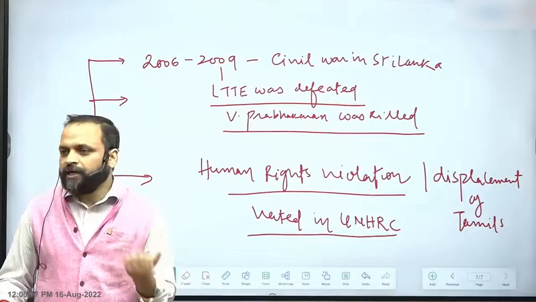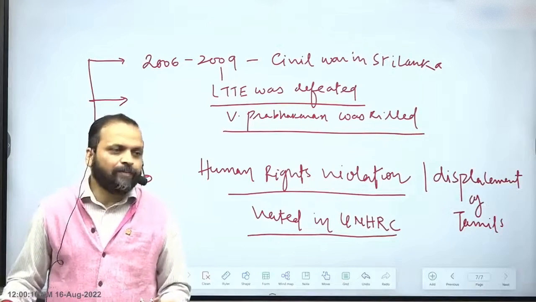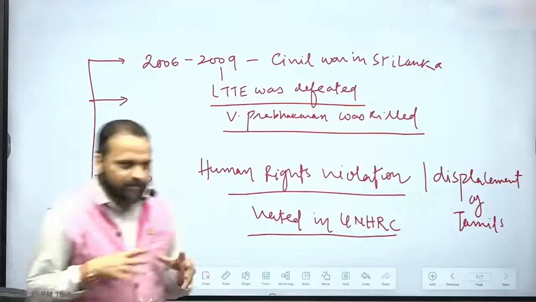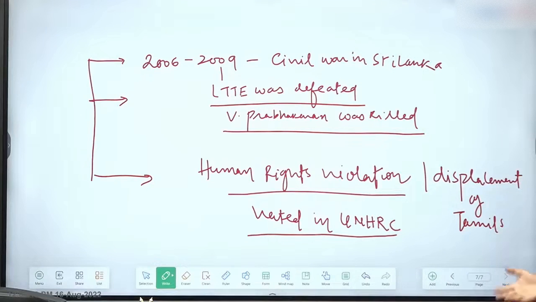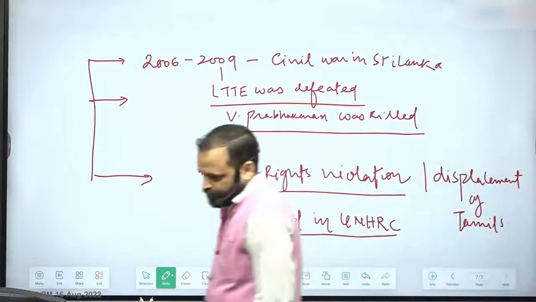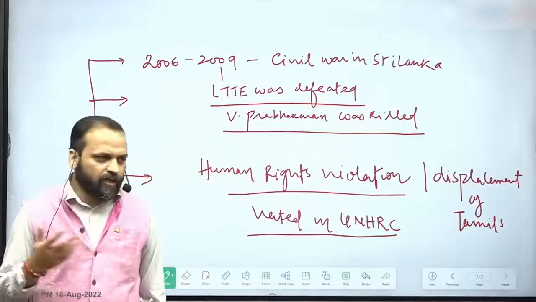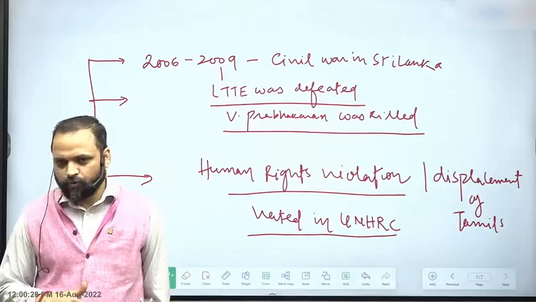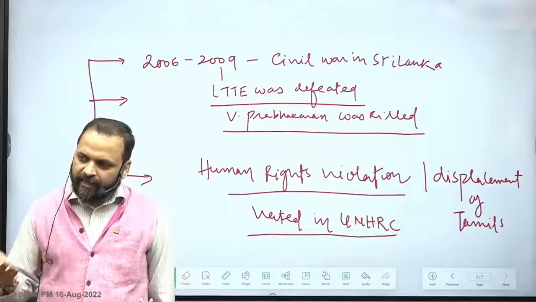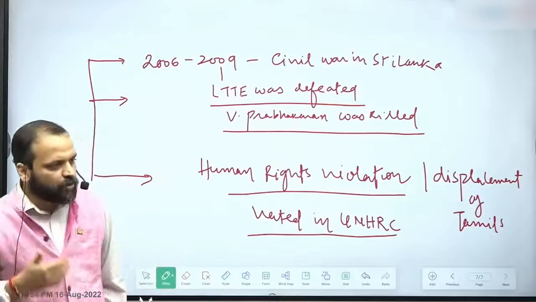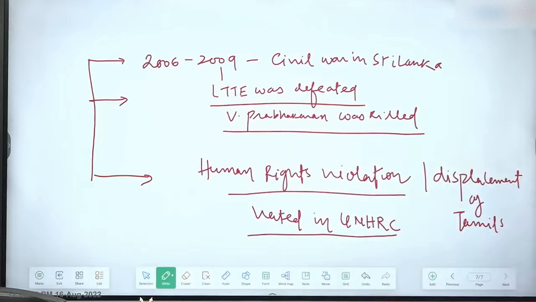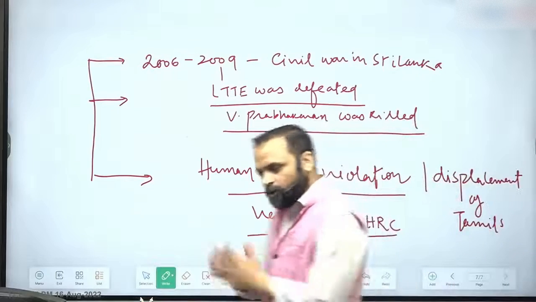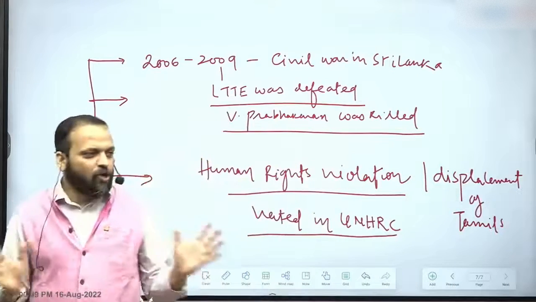So Sri Lanka of course wanted India to oppose such resolutions. Why? Because just as India says that if anyone is making a comment on India's issues, it is interfering in India's domestic affairs, Sri Lanka said that if there has to be an investigation, we will do it on our own. But the international community insisted that there should be an international probe. This issue was discussed at the Human Rights Council and there was a vote. And India, more than on one occasion, voted in favor of such resolutions. What resolutions? Resolutions calling for an international probe into human rights violation during the civil war. So that is what India did. So now here you would see, would the government of Sri Lanka like this?